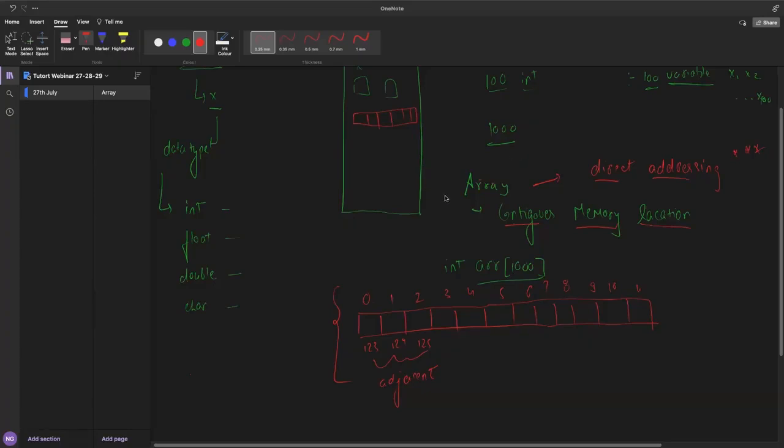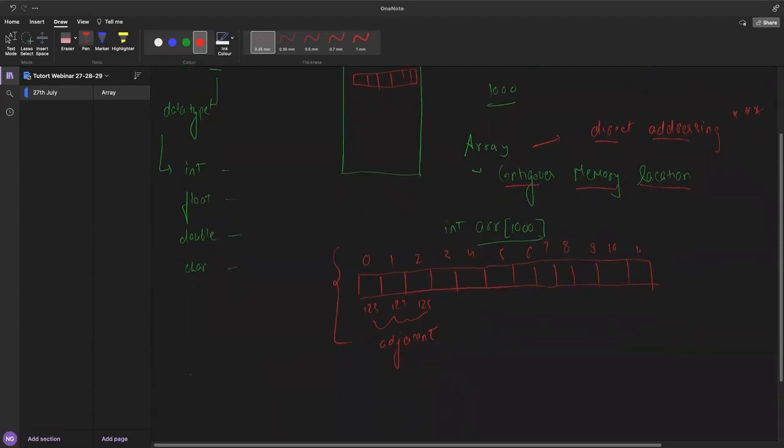For example, a priority queue or a heap. A heap is visualized as a tree, but internally when you store the heap, it is stored as an array only. Direct addressing means you can go to any element within the array directly.